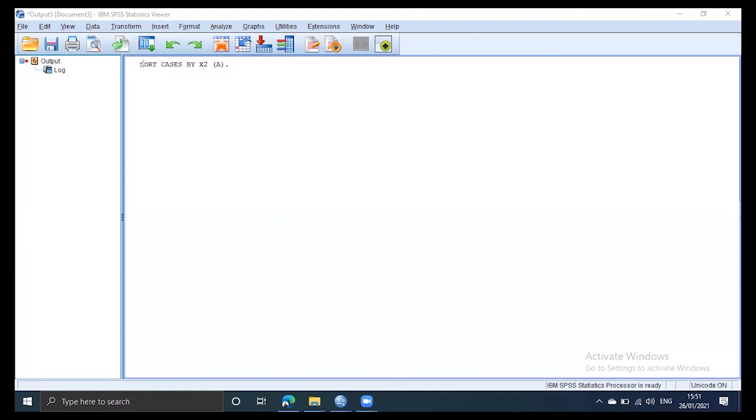Now what is the message? It says sort cases by X2. X2 is the name of the column, and this A shows ascending. If we follow the descending, then you will find the D over here. This message confirms that the technique has been executed properly.